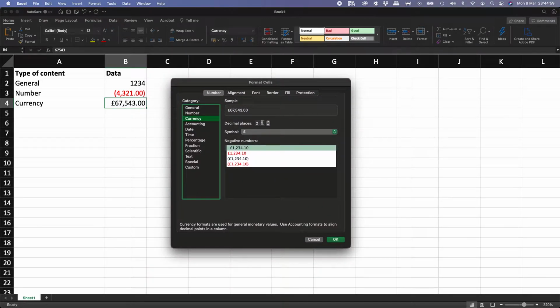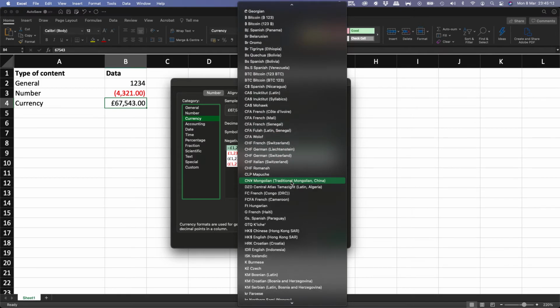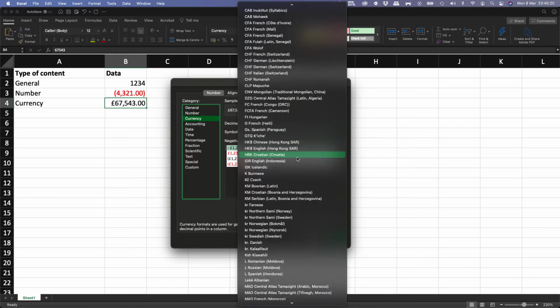The decimal spaces, of course, for cents or pennies or pence, like in the case of the British pound. But you can also open up the symbol drop-down menu, and you're going to see a very large amount of different types of currencies from around the world. They come from the abbreviation of the currency in different formats all the way up to the proper symbol